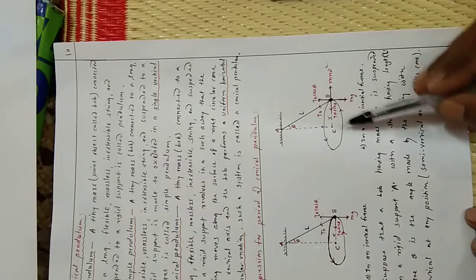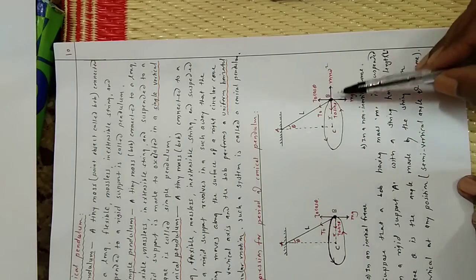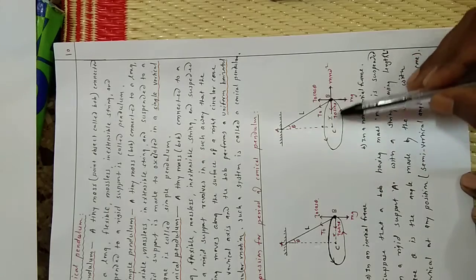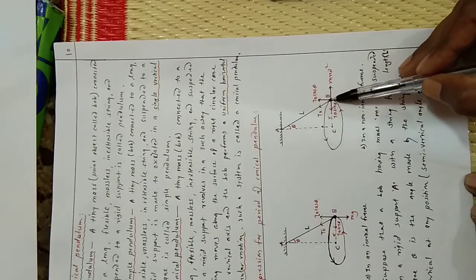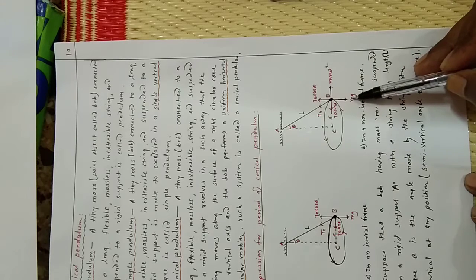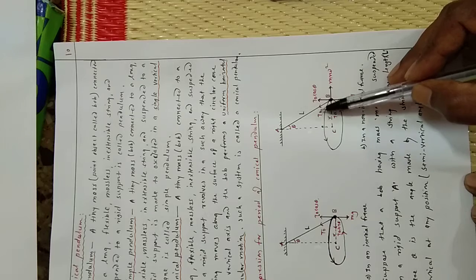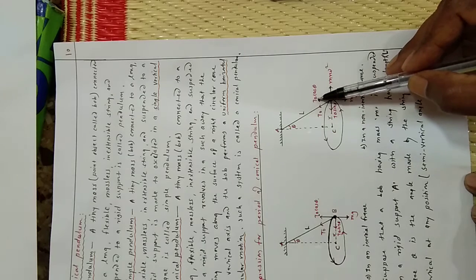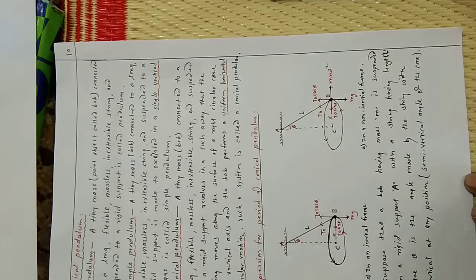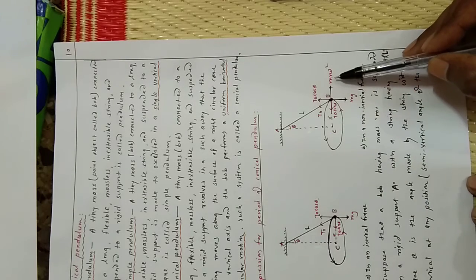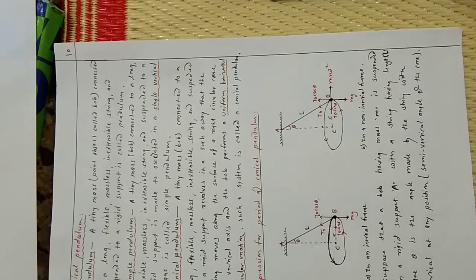If we consider a non-inertial frame of reference, then here we have to consider the centrifugal force. Same diagram, no change. This is the rigid support, the length of the string. This is the bob, its weight acting vertically downward, that is mg. And T0 is the tension in the string, which is resolved into two components by trigonometry, T0 cos theta and T0 sin theta. At the same time the centrifugal force acting on this bob is m r omega square.